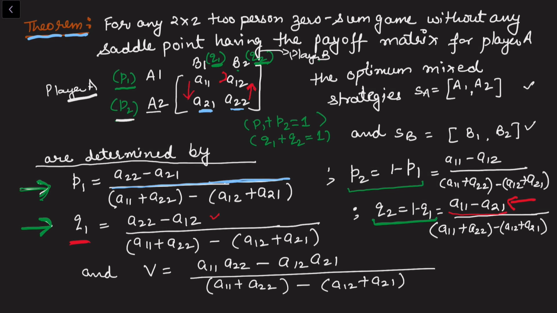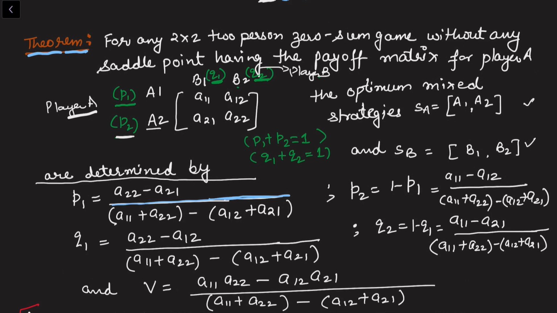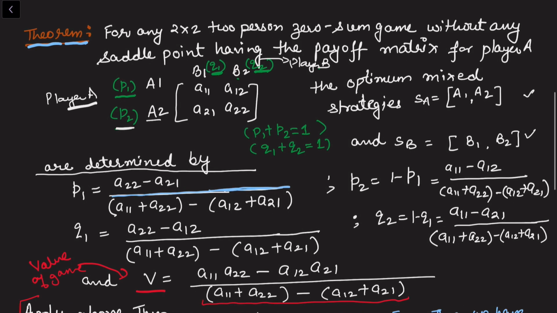Now in a minute I'm going to prove this formula. How did we arrive at these equations? And this is the value of the game, as we already denoted with this symbol. In this case again, the denominator is the same, as we have already calculated, which is the addition of these two terms and the subtraction of these two terms. But for the numerator, this is simply the determinant. Determinant means we first multiply these two terms minus the multiplication of these two terms, which you can see is A11 A22 minus A12 into A21. That is the value of the game.